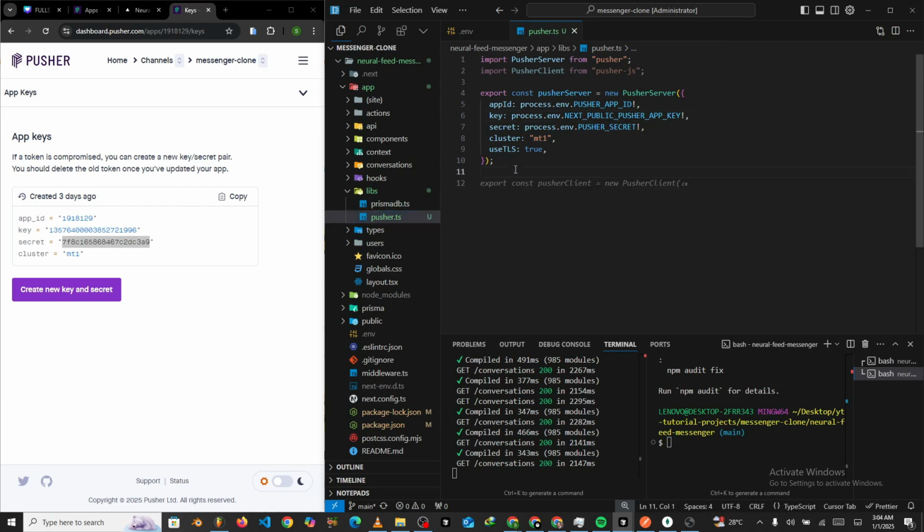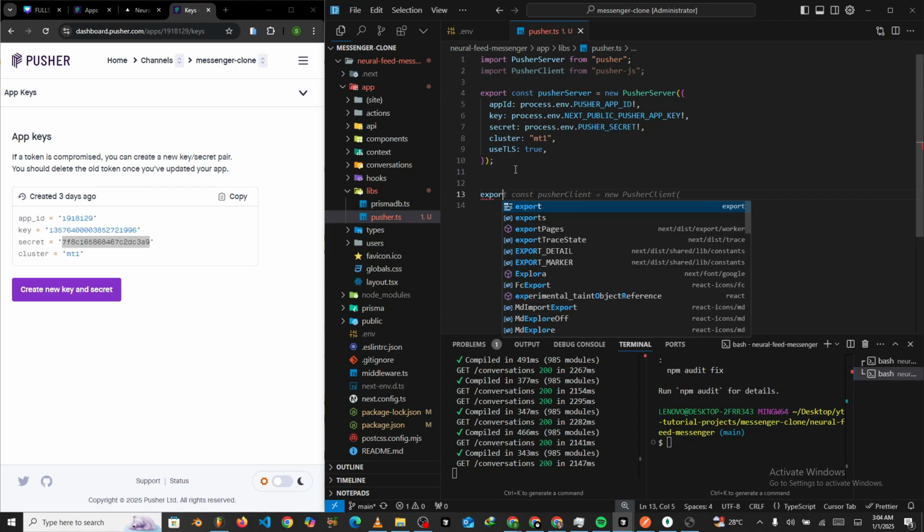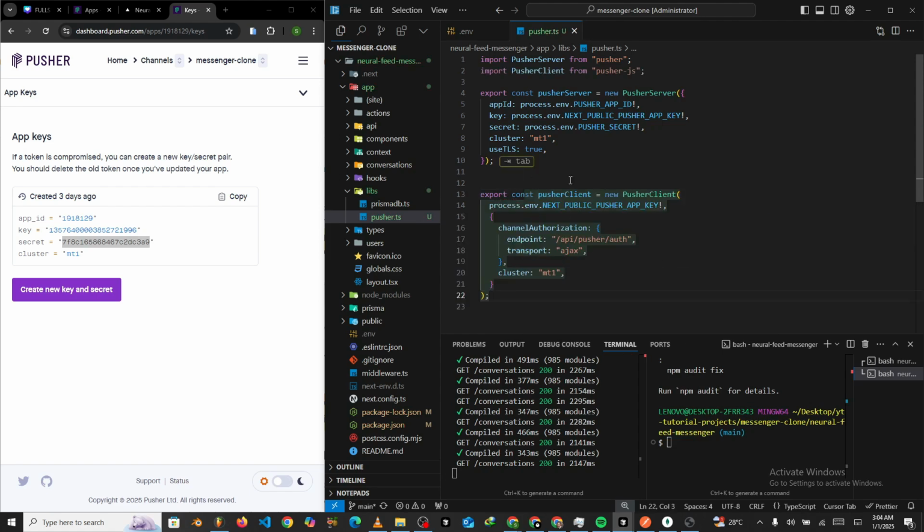Then once we are done with that, we want to come down here and export const our pusher client, just like this. So you can see this is our pusher client that we created here. We say new pusher client. We create a new pusher client object here, and inside we pass in the app key as the first argument, and then the second argument is going to be an object, and then we have the channel authorization and the endpoint set here, right? So this particular endpoint that we've been able to set up right here, what we are going to do is,